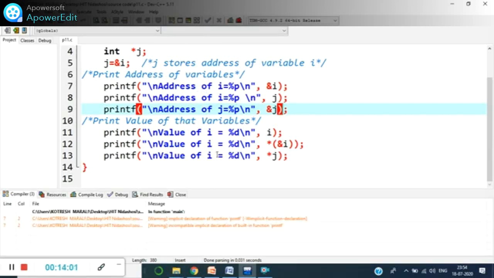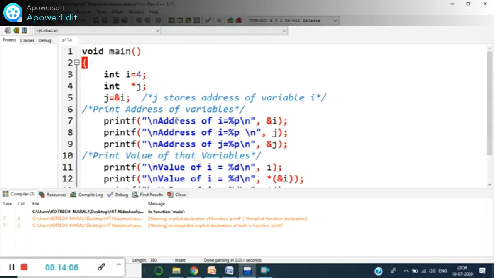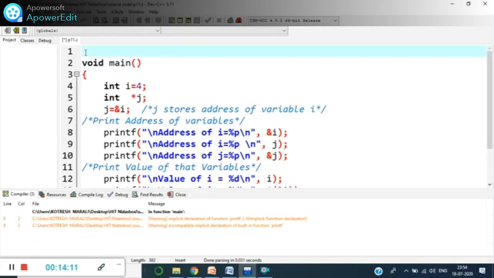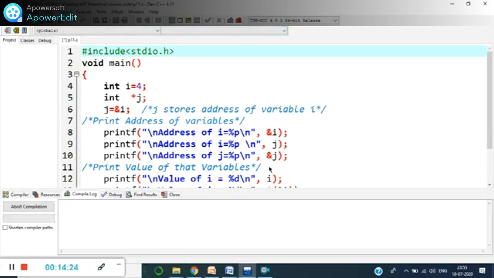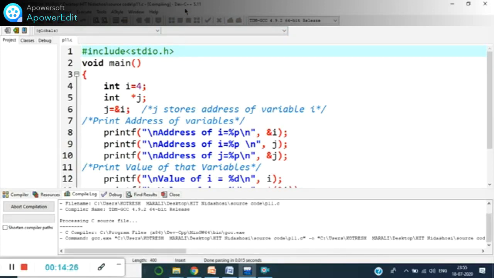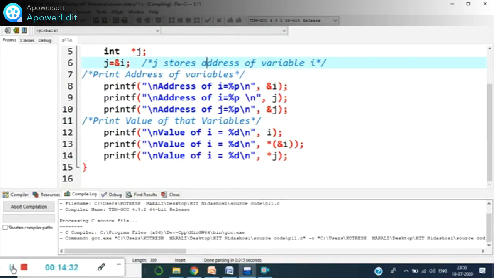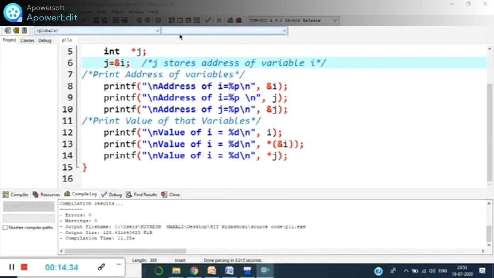It is taking some time. Somewhere it has gone wrong. I'm sorry, I have not written the input output hash include stdio dot h. This was missing, so it was giving me an error. Now the program is error free. Let me run the program.